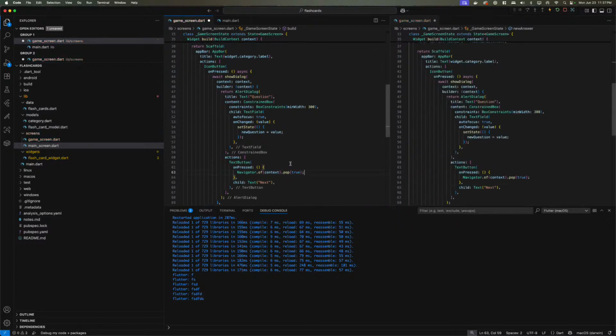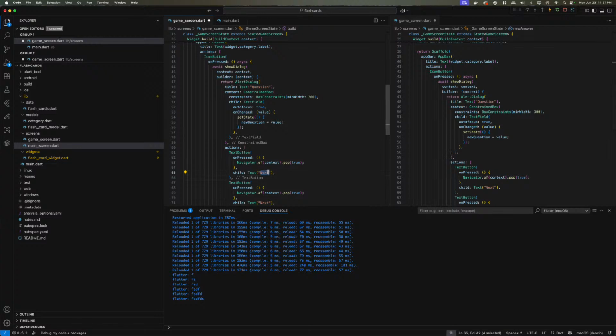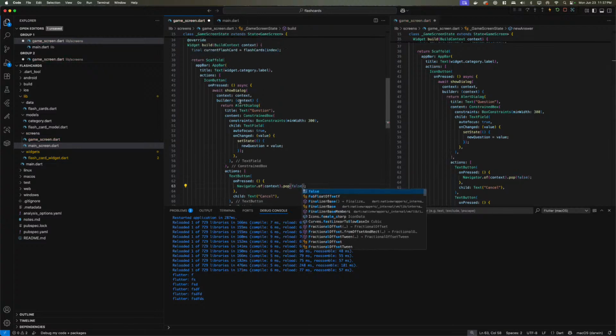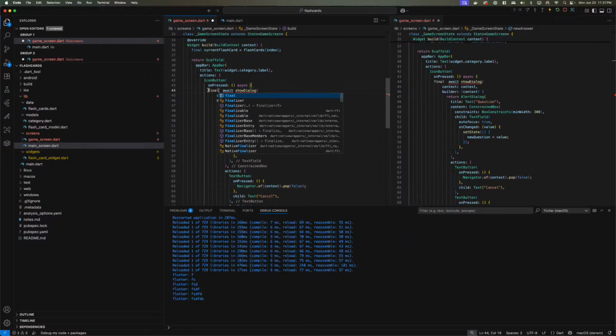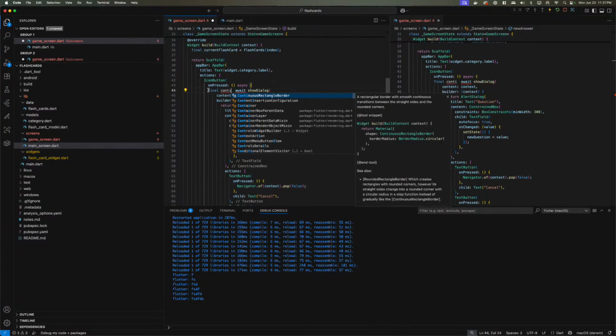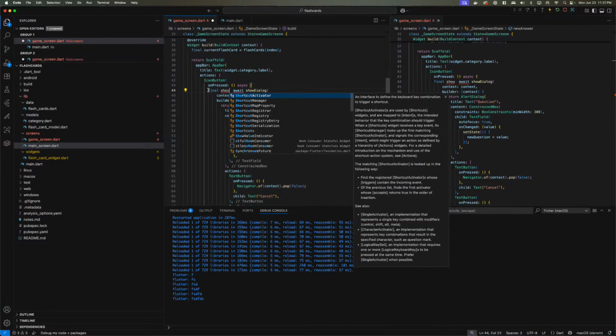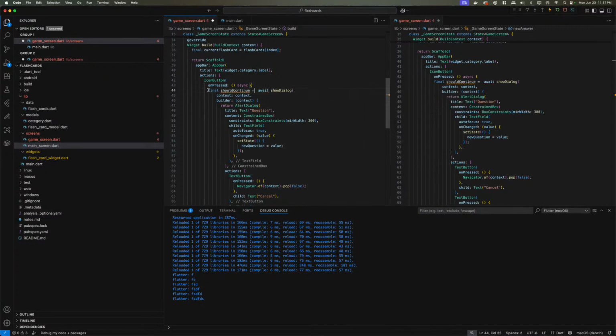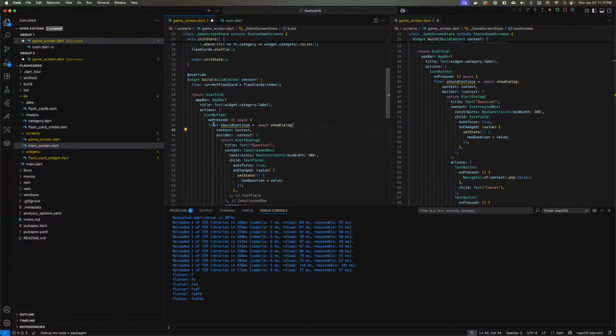Pop true. And we'll have a text button that says cancel, and it will do false. So we'll await that. Final should continue equals that. And then